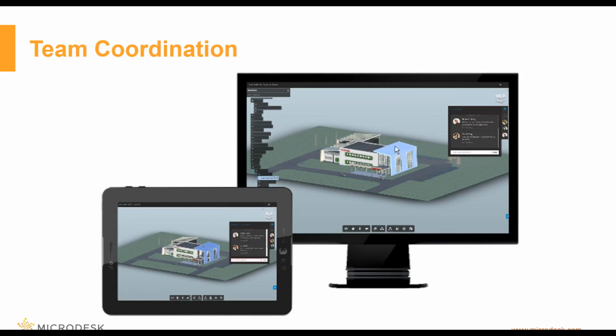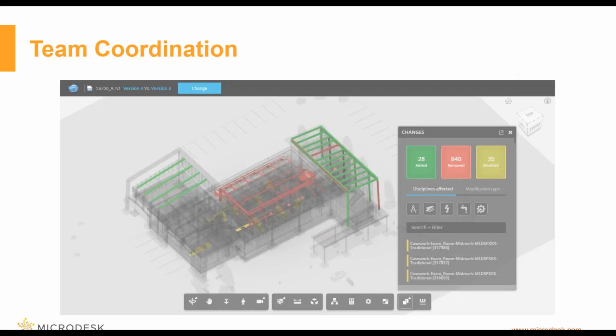I can lock my camera to them, so that way I'm showing them what I want them to see. So that way it's not, no, go to the left. No, it's the one behind that. You don't have to worry about that. They're seeing exactly what I want them to. And when it comes to seeing what you need, probably one of the best features inside of Team is the